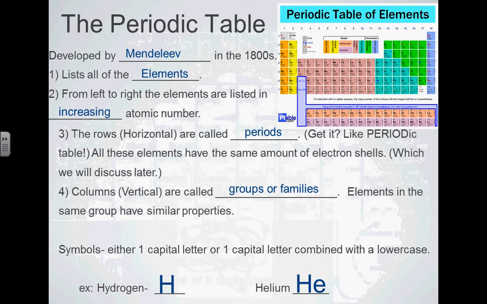So many of the symbols that to us in English probably don't seem to make sense. For example, potassium is K. Gold is AU. Silver is AG. Lead is PB. All of those symbols originated in Latin. The Latin words for silver and lead and so forth, that's where those original symbols come from. Does the atomic number measure anything? Yes. We're going to be talking about that in the next slide.